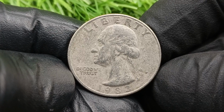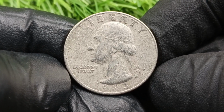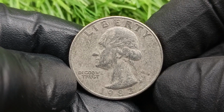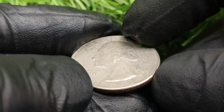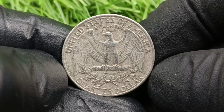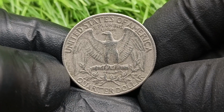There are also examples with clipped planchets and other genuine manufacturing mistakes that make each coin completely unique. These errors were never intentionally produced, making them valuable records of the minting process itself. Every authentic error tells a different story, giving collectors the opportunity to own a one-of-a-kind piece of United States mint